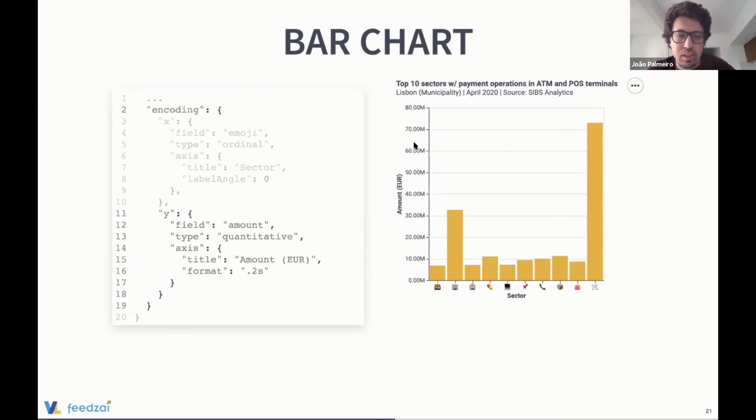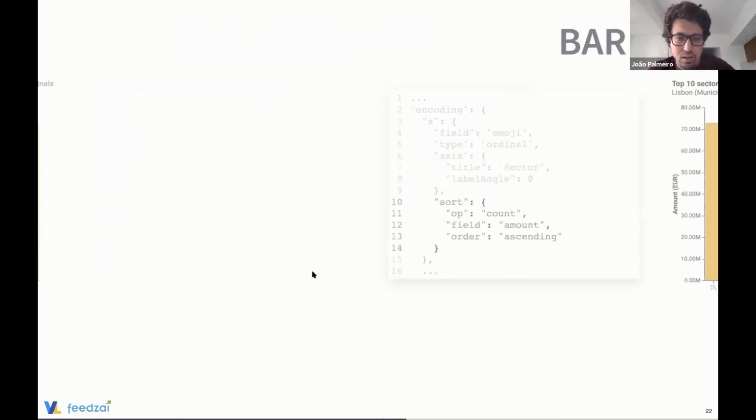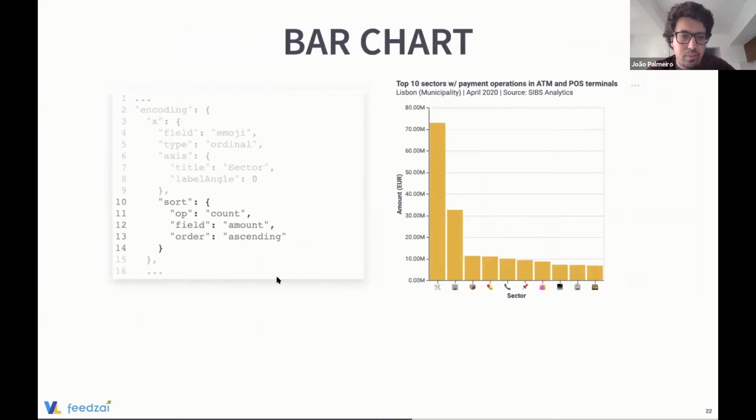and this is basically saying that, okay, I want, instead of having a huge number here, round it, put an M because of millions, and I want two decimal cases. Then we can sort it.